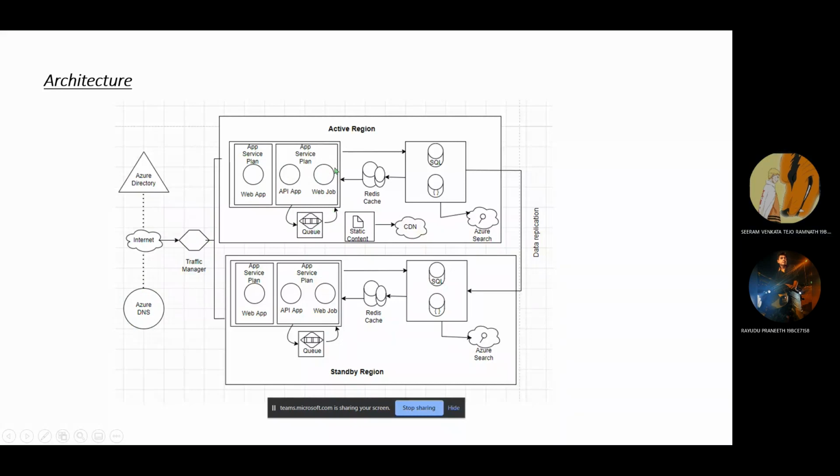First of all, one request will be sent to the database. With the help of Azure Search, we will find the appropriate result, and then it will be sent to Redis. It will be sent to the web app in the form of Redis cache. This Redis cache consists of static content, which will be in the form of JSON files, and it will be displayed with the help of CDN. CDN stands for